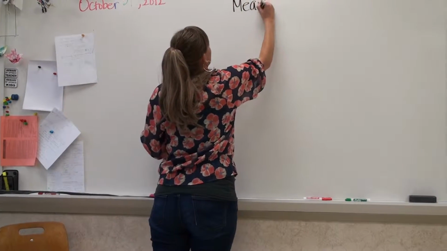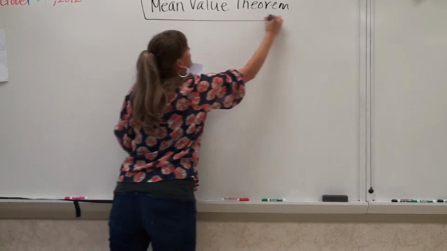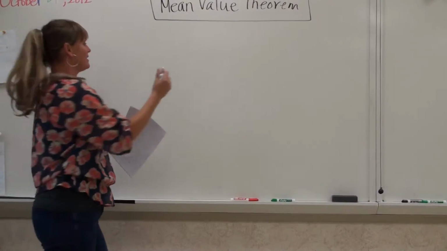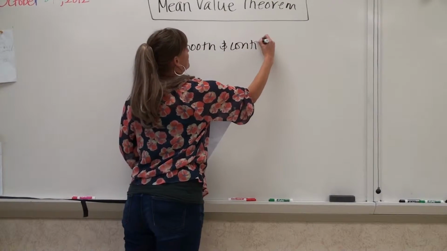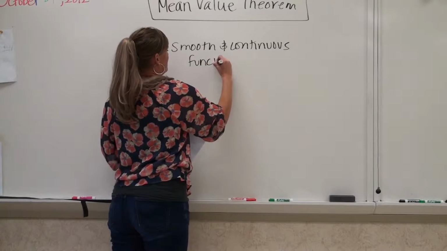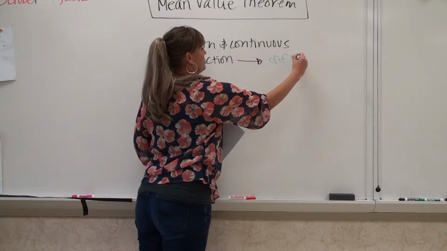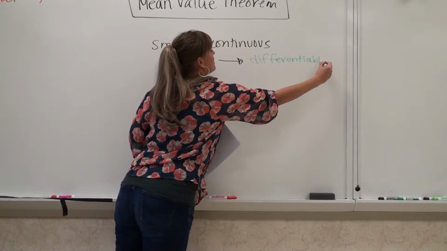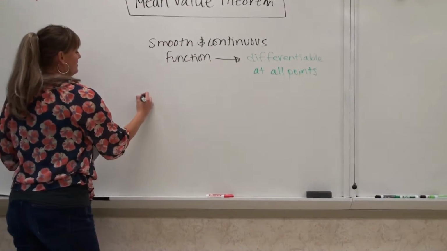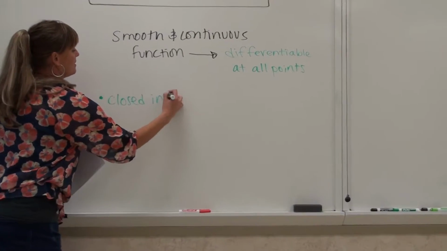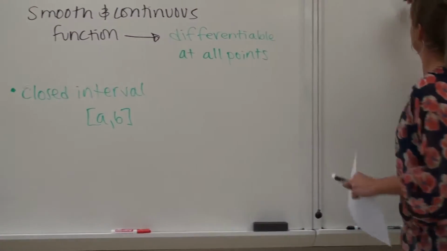Today's lesson will be on the mean value theorem, which is a very important theorem in calculus. So basically what it says is if you have a smooth and continuous function, which you know means that it must be differentiable at all points, and if you also have a closed interval, so for instance from A to B, then something really cool will exist where there has to be some place